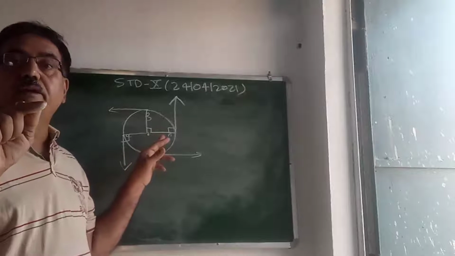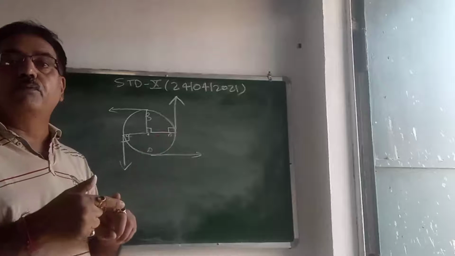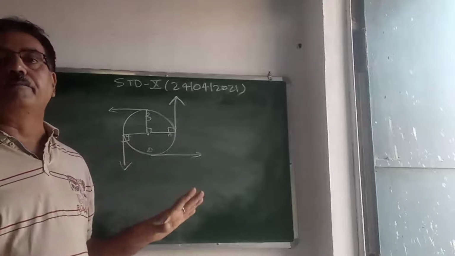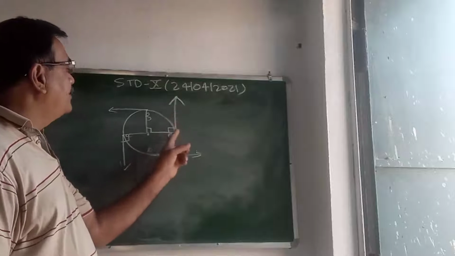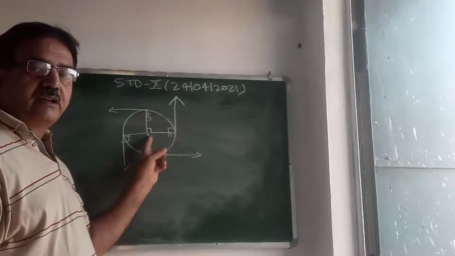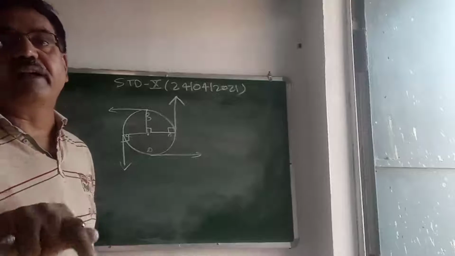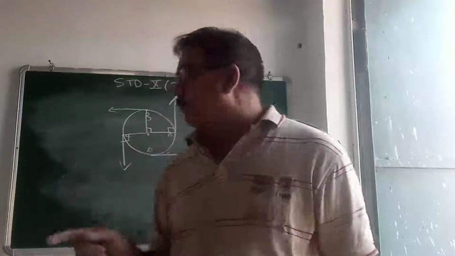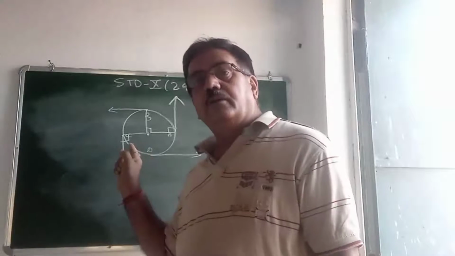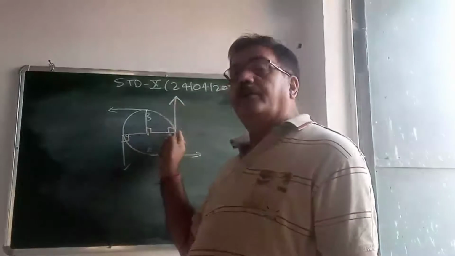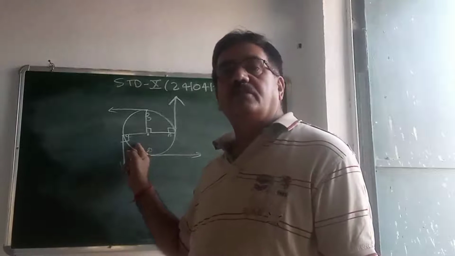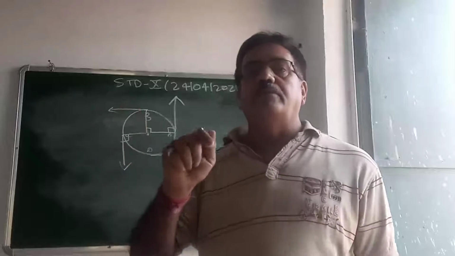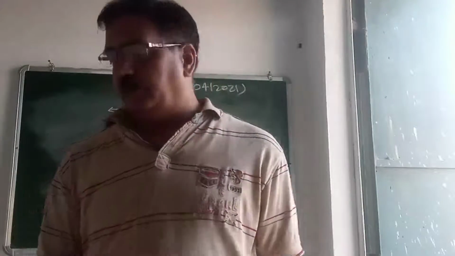Don't forget to write the name of the force. Against which force the displacement is normal, that you have to mention. Otherwise, the whole concept will be wrong. So here the displacement is normal to the centripetal force. That's why work done is 0. Where the displacement is normal, write the force name. So here the displacement of the body is normal to the centripetal force at each point, hence the work done by the body in a circular path is 0.